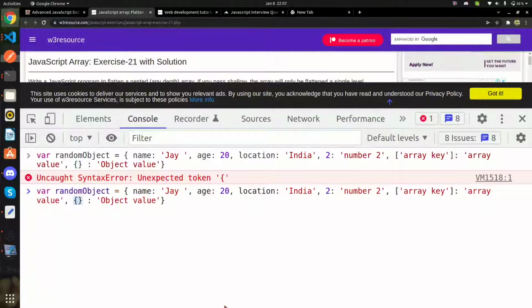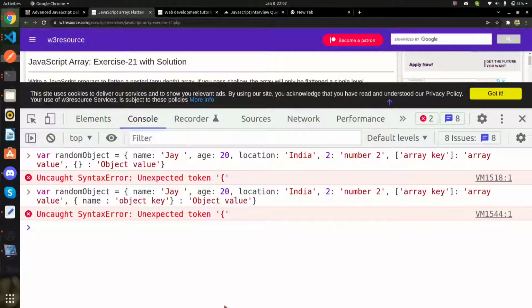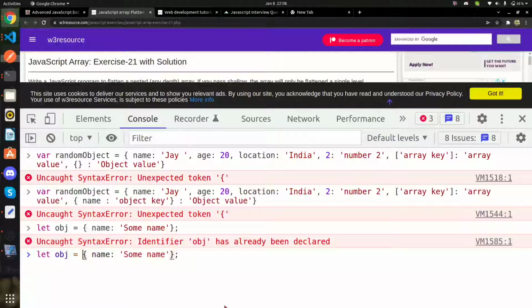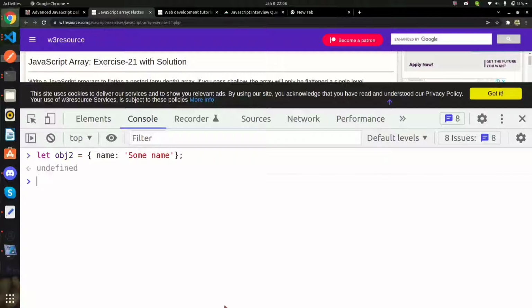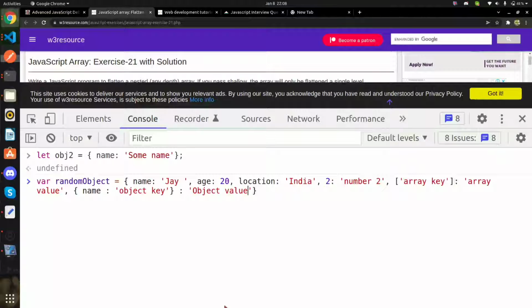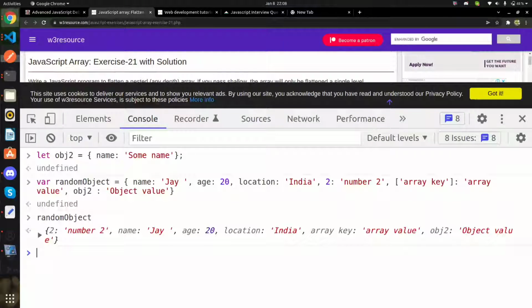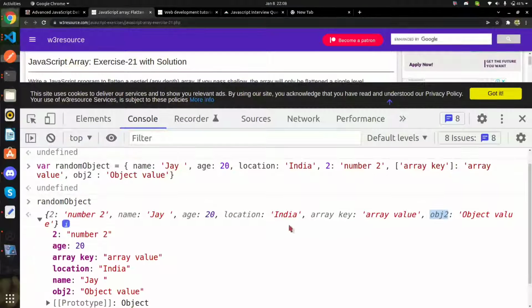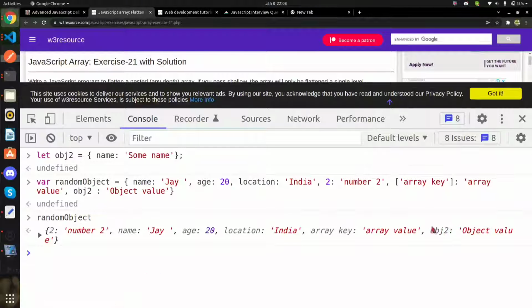It might throw us an error, because I have to first define it here like this, saying name, some name, and then it is already declared. So let me use obj2 and then use it in our random object, obj2, right? And now as you can see we have this obj2, right?